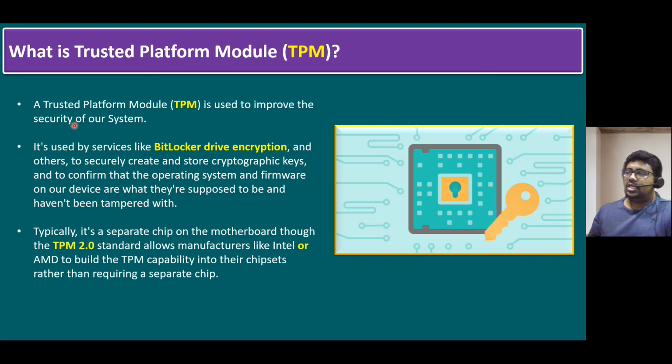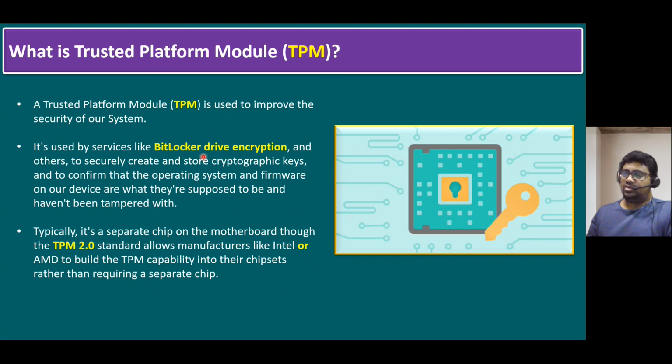So TPM, a Trusted Platform Module, is used to improve the security of our system. For easy understanding, in our office laptops it is used by services like BitLocker drive encryption. Our laptops come with BitLocker, which secures our laptop data. In the same way, a server TPM will help us secure our server hardware as well as the ESXi OS and